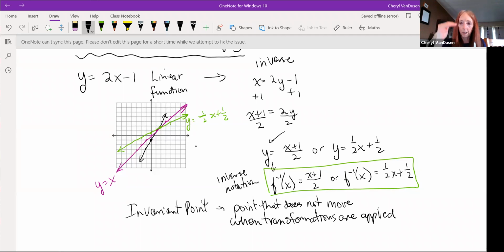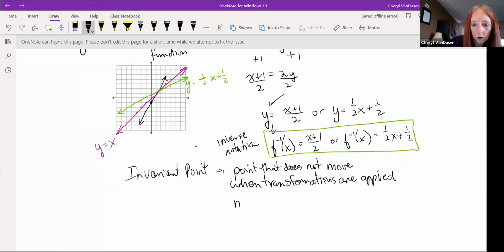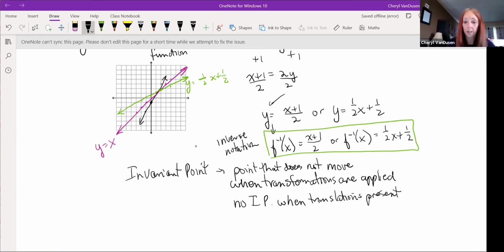If we're just sliding things around, we're never going to have invariant points because the entire graph is going to slide around. Okay, so we could just note that there are no, I'm going to call it IPs when we have translations present. But we definitely have invariant points when we're doing any kind of reflections or stretches or inverses. Okay, so there are invariant points for stretches,